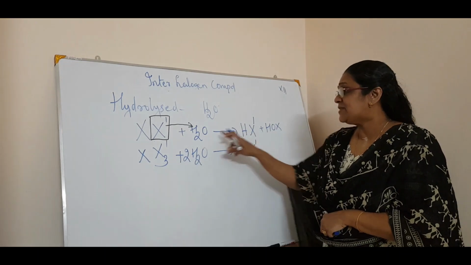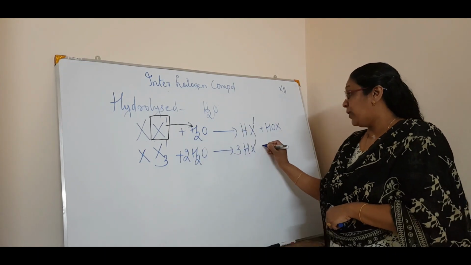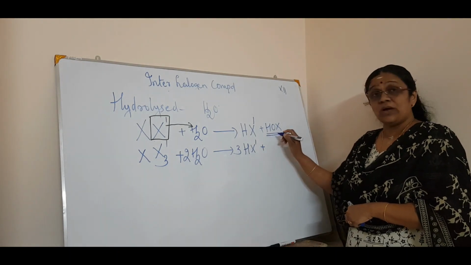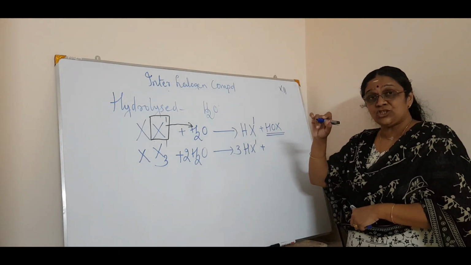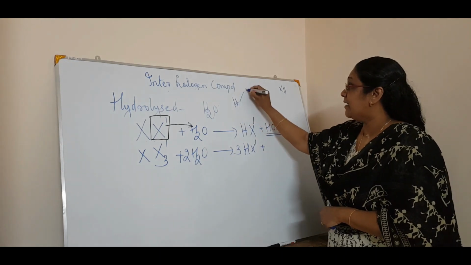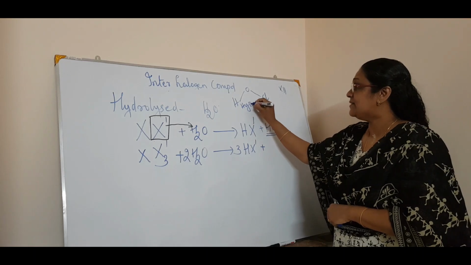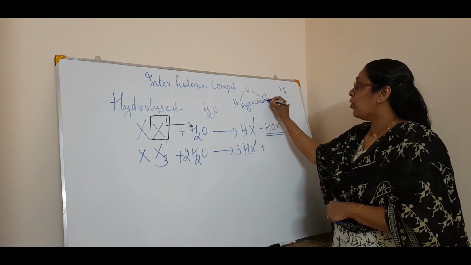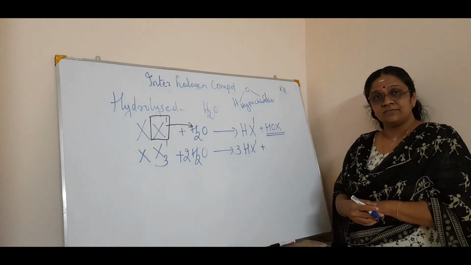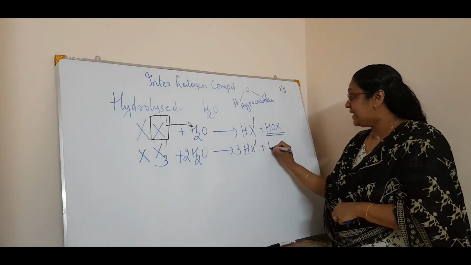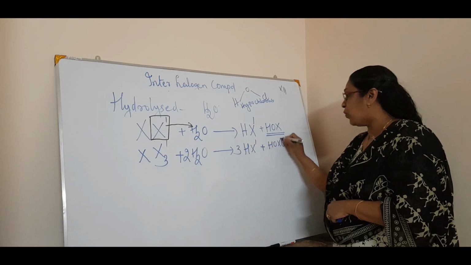Okay, here it is 1, so it is 1. Now here there is a difference. See, here this is what? This is, you have studied in the last session, HOCl. We have studied the structure of hypochlorous acid. What is it? Hypochlorous acid. So this is HOX. Now in the next second case, HOXO.